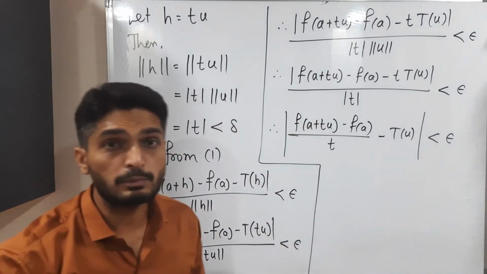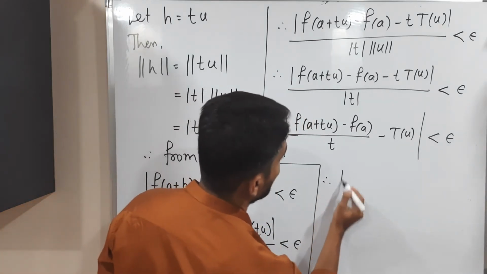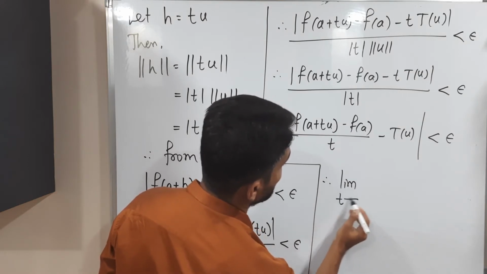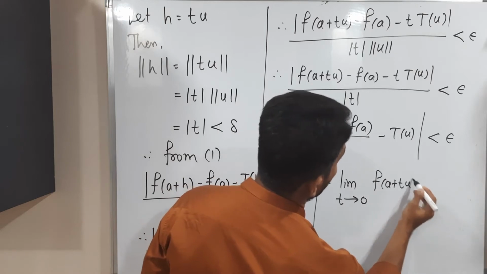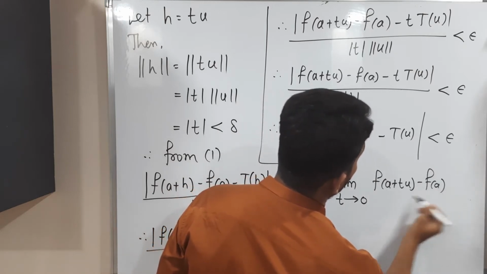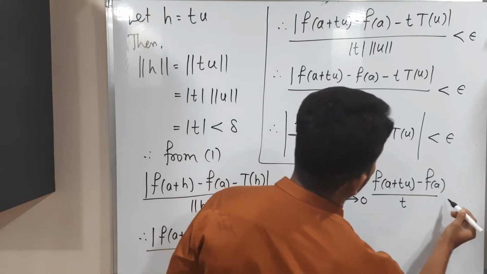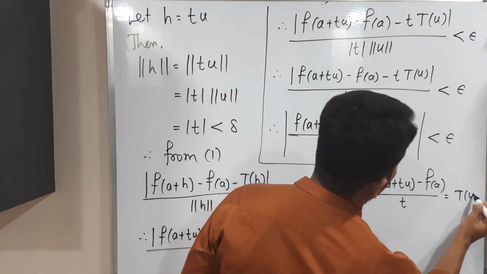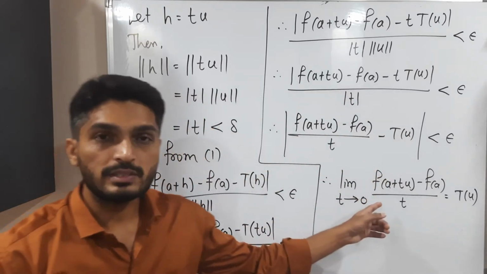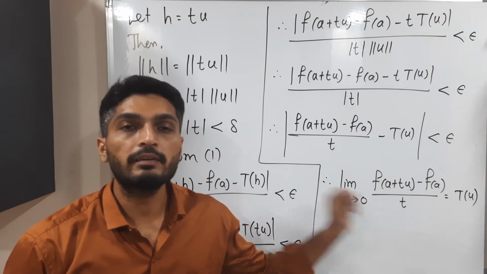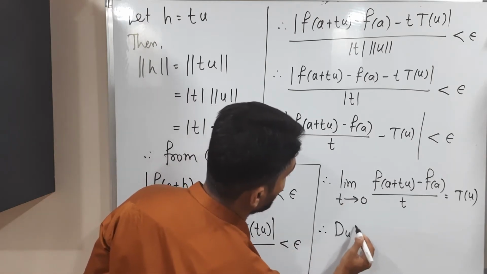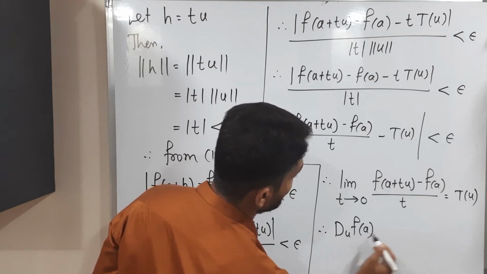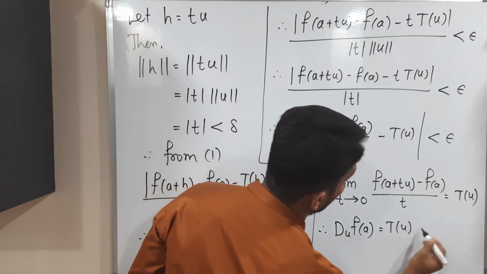So this is less than epsilon. Therefore, in terms of limit, I can say limit t tends to 0 of f of a plus tu minus f of a divided by t is equal to T of u. Have you seen it anywhere? This is nothing but the definition of directional derivative. So therefore, the directional derivative of f at a in the direction of u is equal to T of u